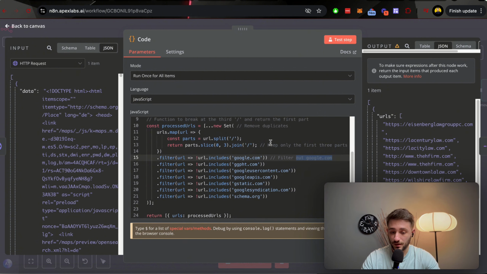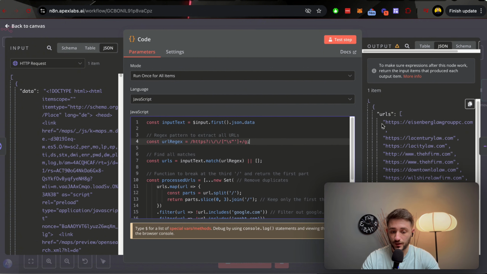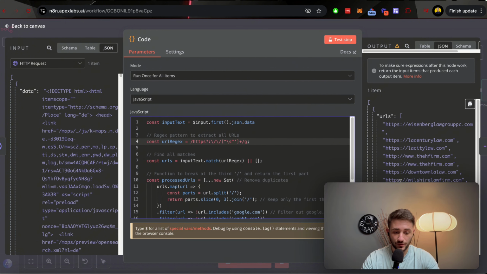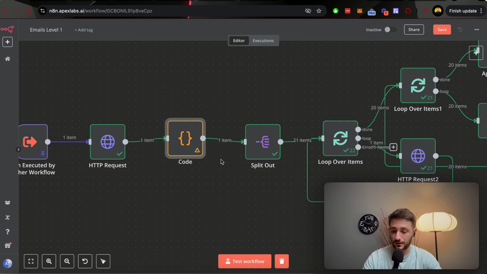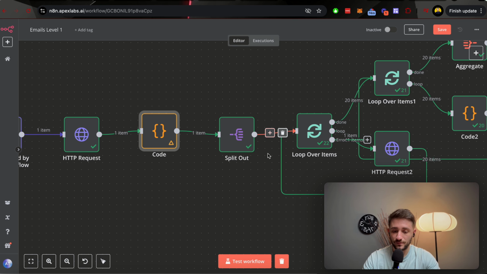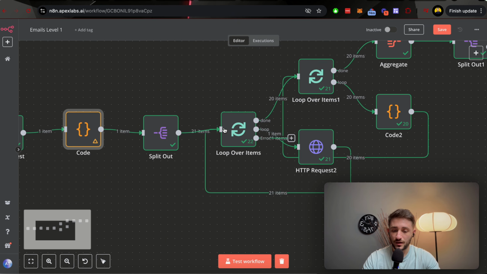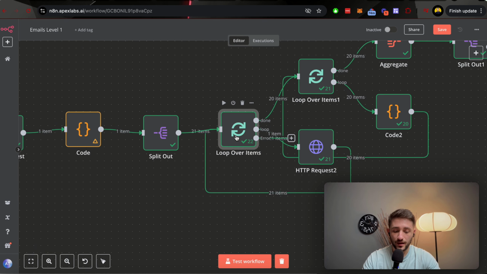Now, this returns the URLs as a list, as you can see here. And because this is in n8n a single item, we split that into an array. So we have each URL as a separate item, and we see there are 21 of them. Now we loop over every URL, and in this one